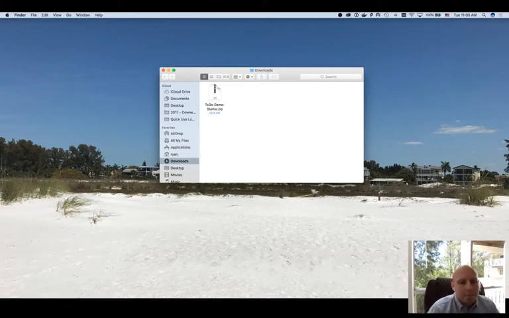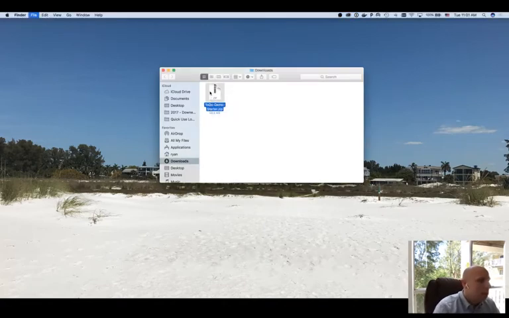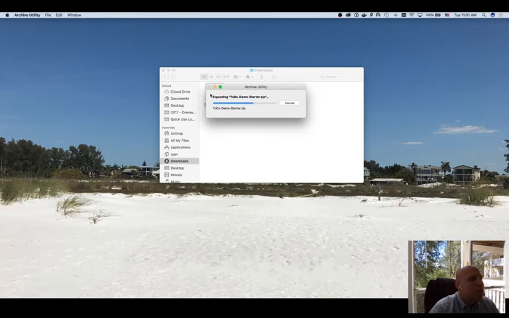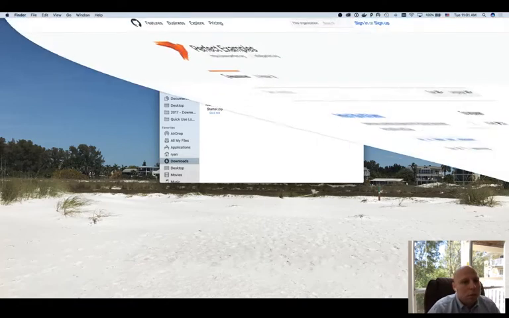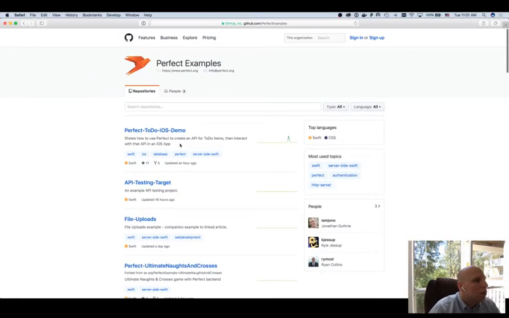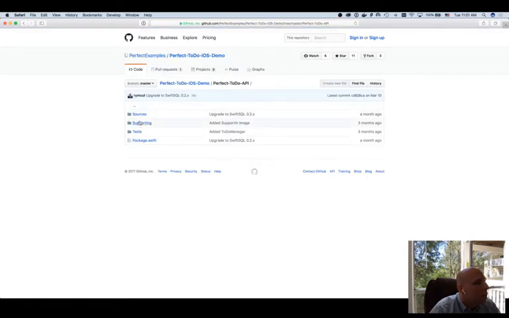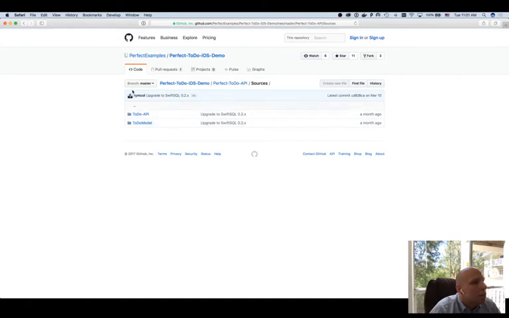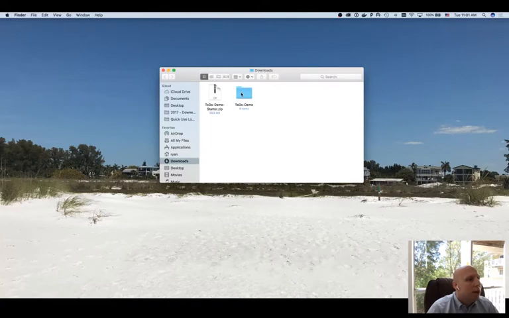So what I've done is I've pre-prepared this to-do demo here. Let me just go ahead and expand it out so I have a fresh folder to work with. This is going to be very similar to what you would find online if you looked in Perfect examples and you looked at the iOS demo and you looked at the API. The only difference is in this, it's already pre-split up, and in mine, I'm going to talk a little bit about the Swift package manager in general and how we do that. So the first thing you'll notice in here is that